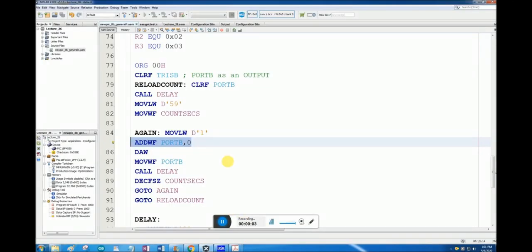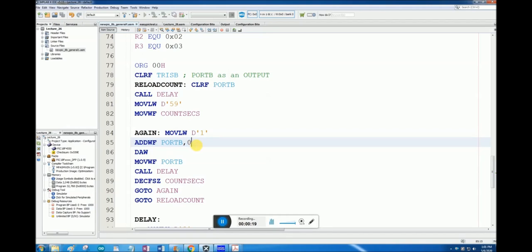Our Proteus simulation was stuck at 1, it was not moving, and I figured out that at line 85, when we are adding the working register and file register, we want to store the result in W register.